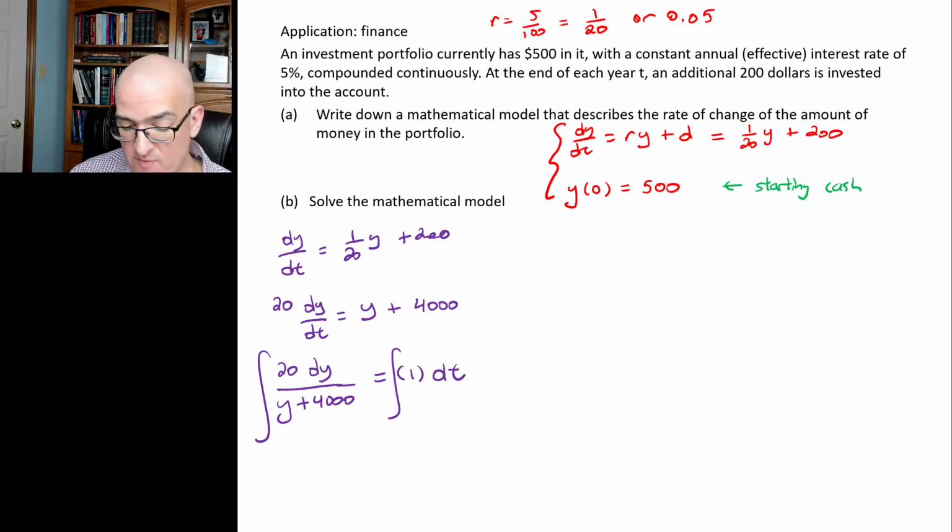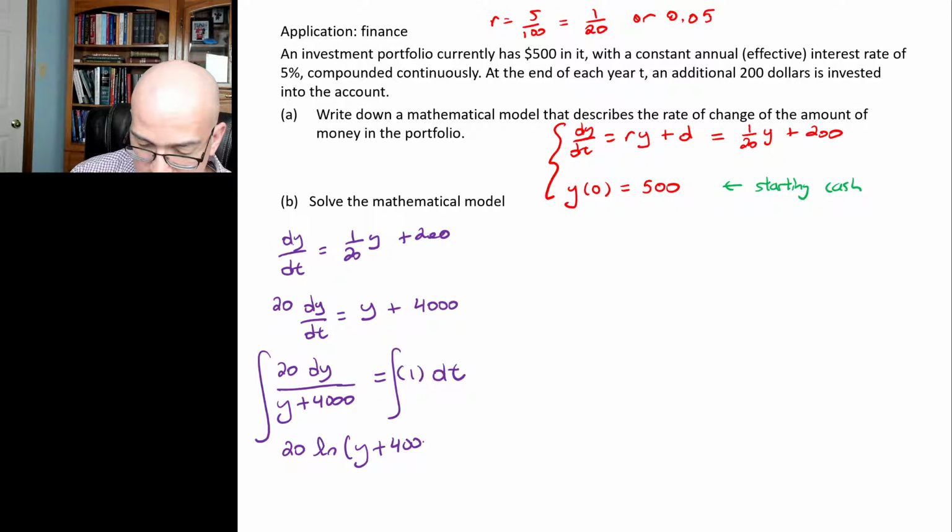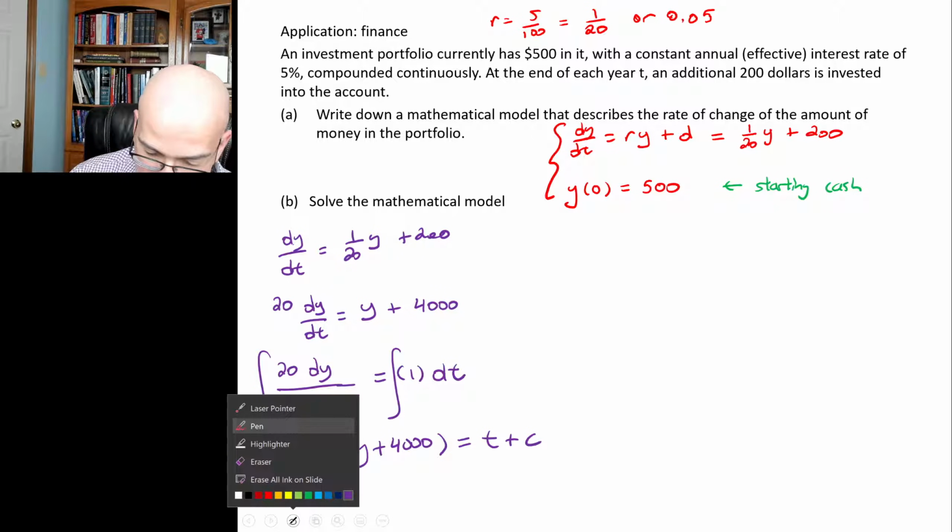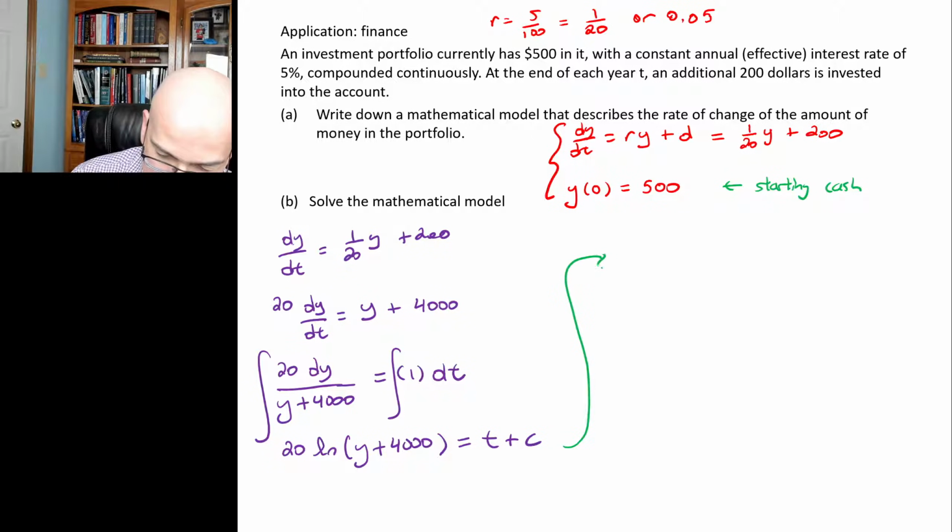Little trick, right, for not having fractions everywhere, or having decimals everywhere. Okay, antiderivative of 1 over y plus 4,000 is ln of y plus 4,000. We have a 20 in front. 20 ln y plus 4,000 is equal to t plus c. Now we're going to find c